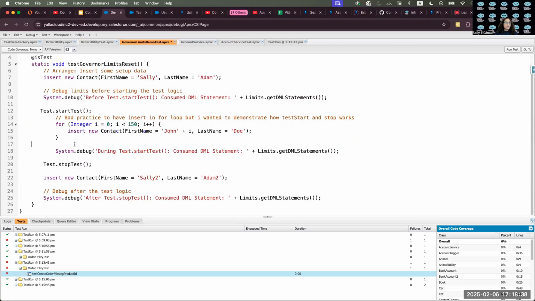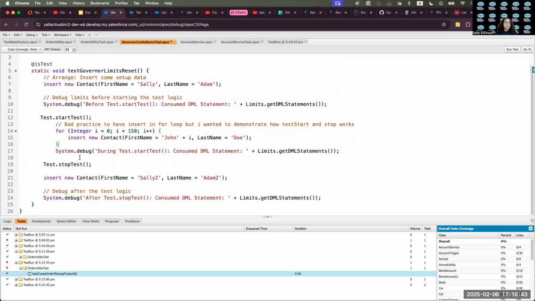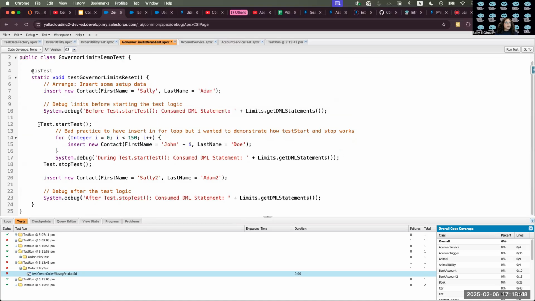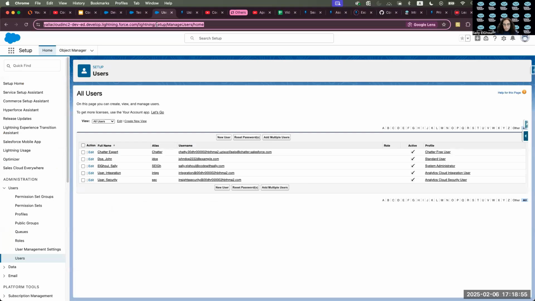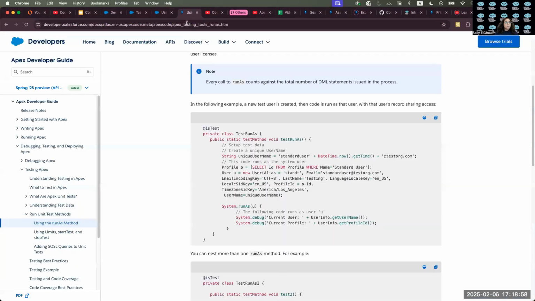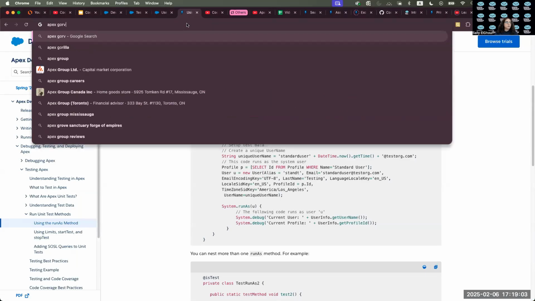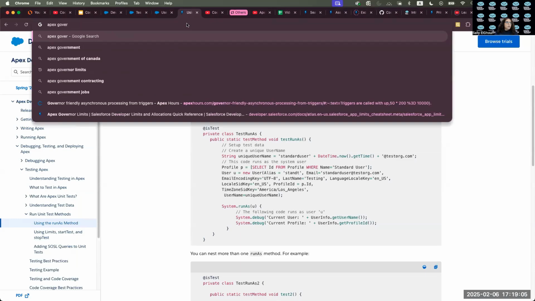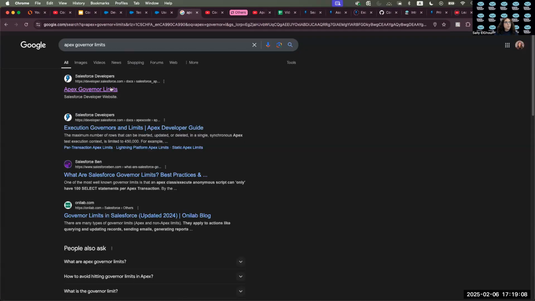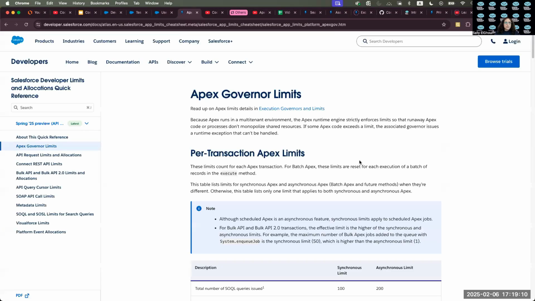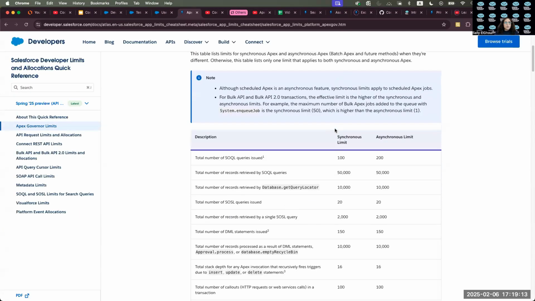The main purpose for it is to show you the benefit of using Test.startTest and Test.stopTest. So let me comment those out for now so you can see what I mean. And I also want to look at Apex governor limits. If we open governor limits, a link we shared before, you will see that